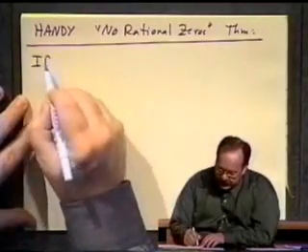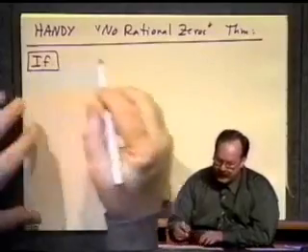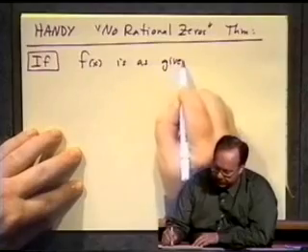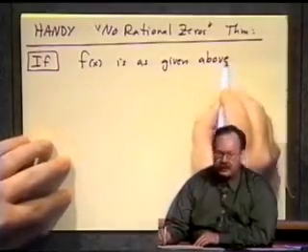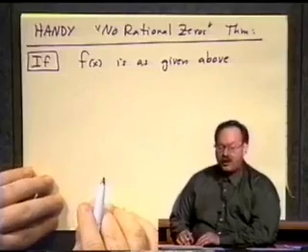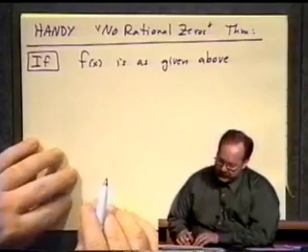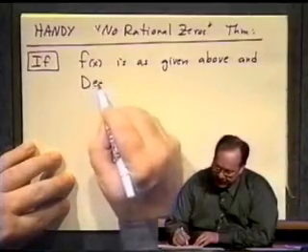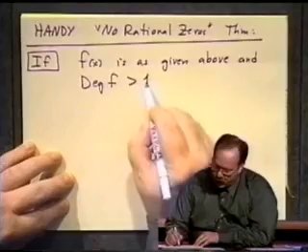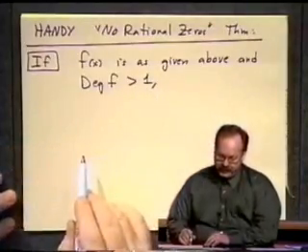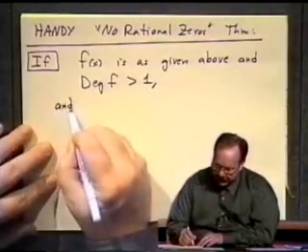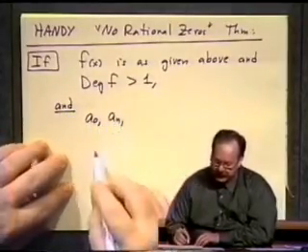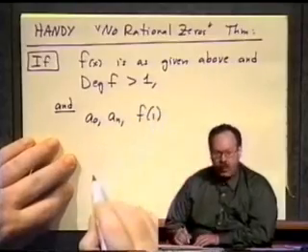So here's how the theorem goes, this no rational zeros theorem. If f of x is as given above, so we're talking about a real polynomial whose constant term is non-zero and all of whose coefficients are integers, and the degree of f is greater than 1, so the only case left out is the linear case, so it's got to have degree greater than 1 for this theorem, and a sub 0, the constant term, a sub n, the leading coefficient, and f of 1,